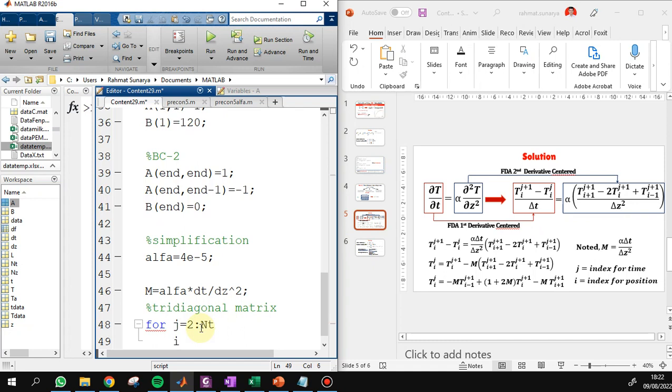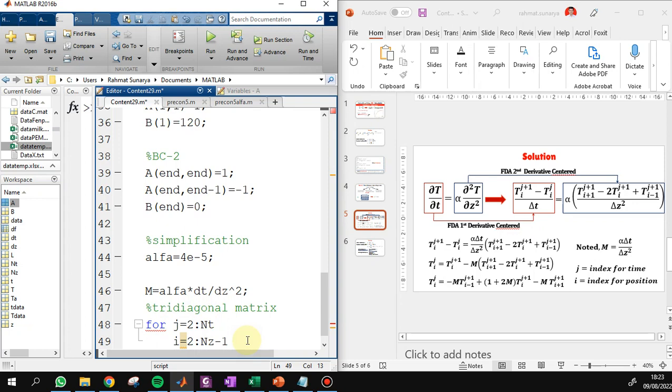For position, start from 2 until nz minus 1.